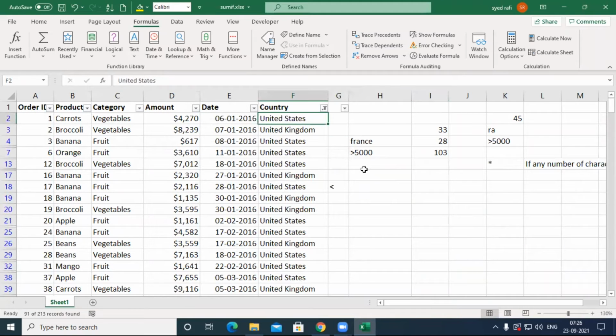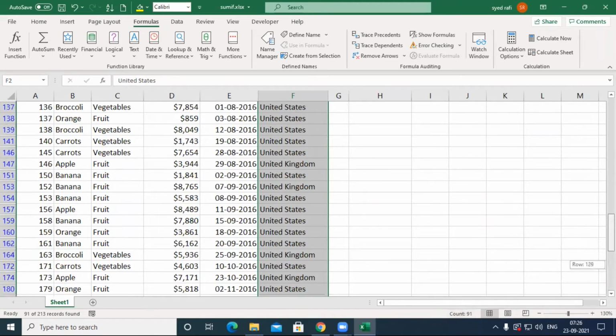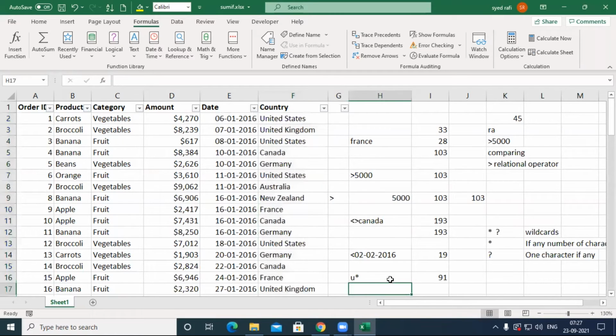Now click here and press Control plus Shift plus down arrow. The same value, 91, is displayed in the status bar. So we cross-checked that it returns the correct value. U star means the first letter of the country must be U, and after that, any number of characters, if any.